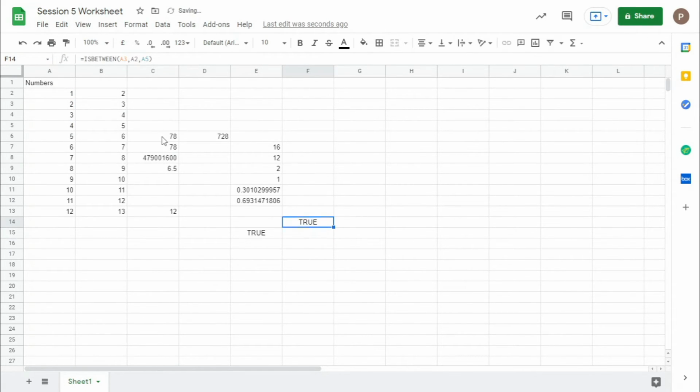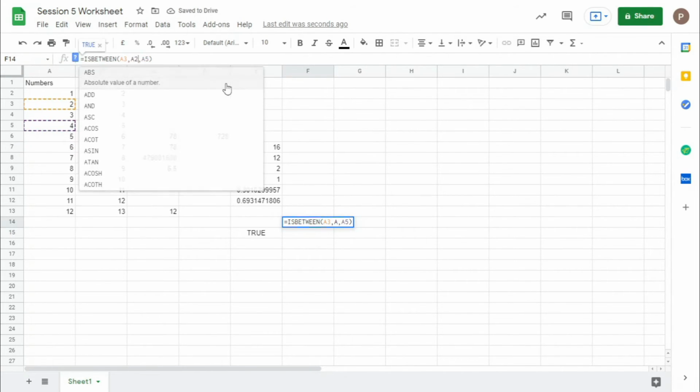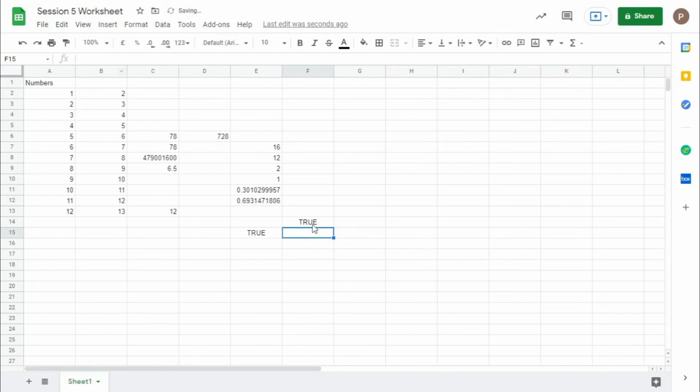Now since 2 is really between 1 and 4, it's showing true. Let's select 6. It gives false since 6 is not between 1 and 4.